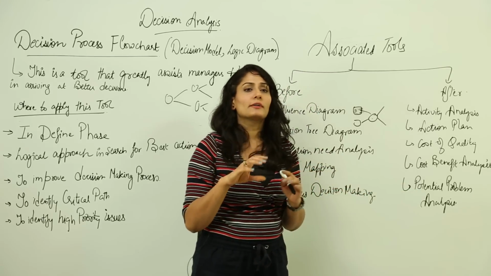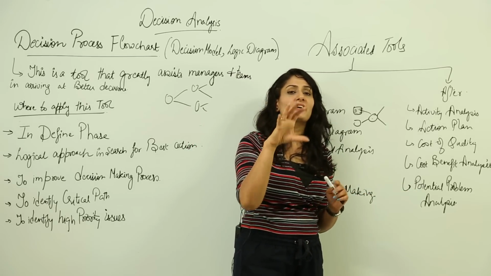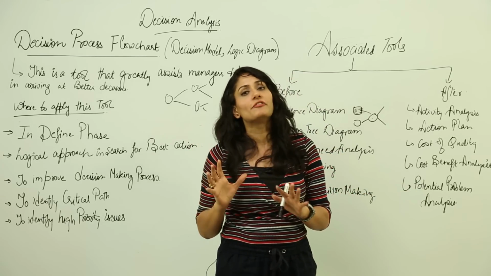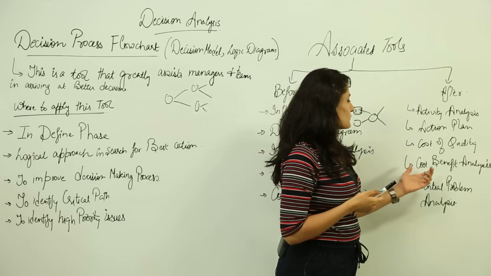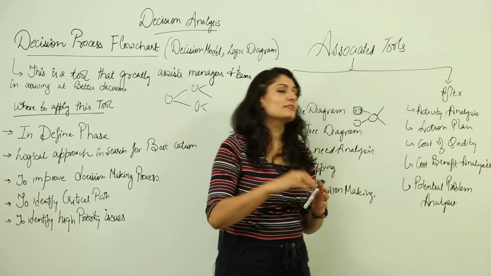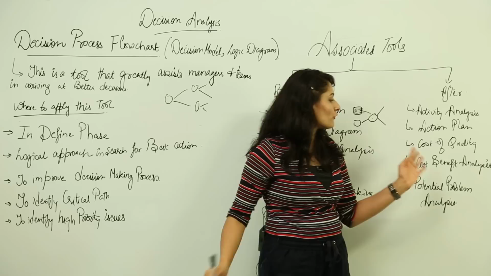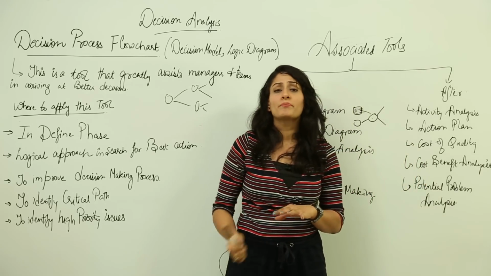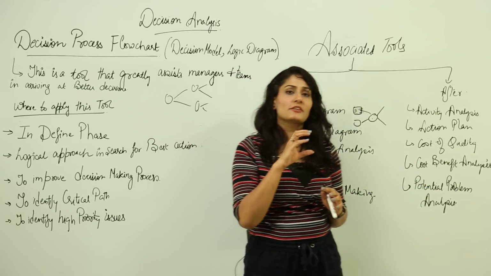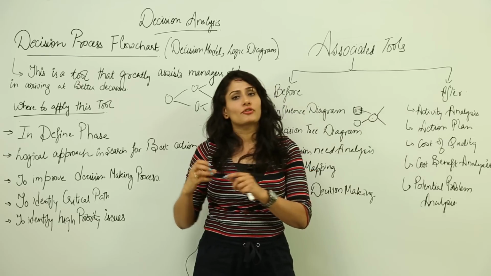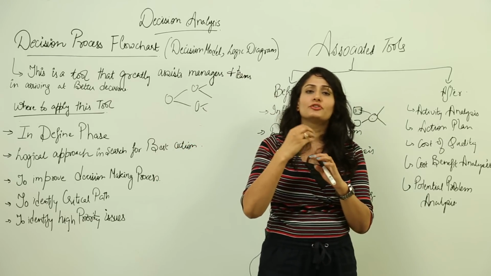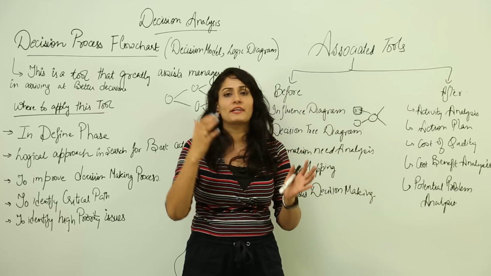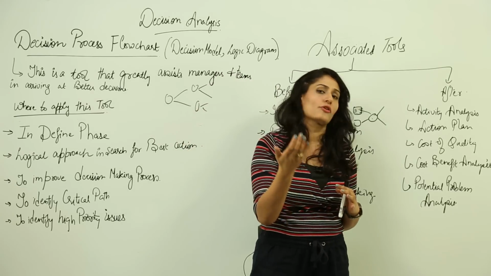Cost of quality. Now cost of quality is the cost you pay to fix all the defects or the rework. And then comes cost benefit analysis. Okay, this is also another tool which is quite often used in the define phase of Six Sigma. So basically using this tool, the managers or the project managers decide whether they should go ahead with certain kinds of investments or go ahead with a decision or not.